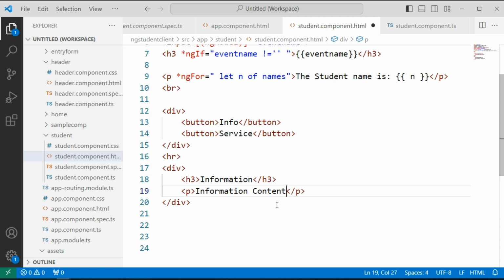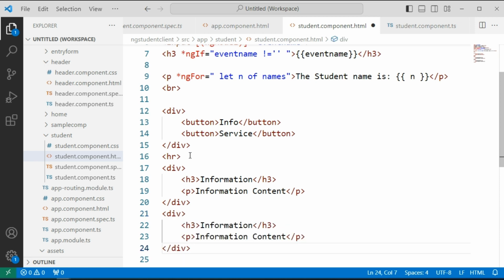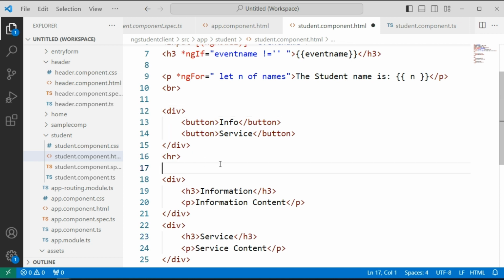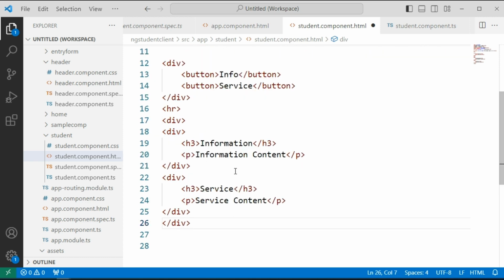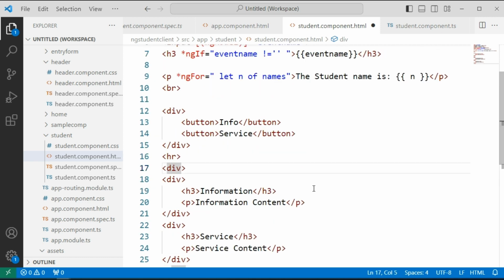Okay. Likewise, I am going to add another div that is for service. Here I am going to change it as service content. Now save the changes. Inside I am going to have another div. Here I am wrapping these two divs inside the another div. Here I am going to close that. Now I am going to give in the parent div